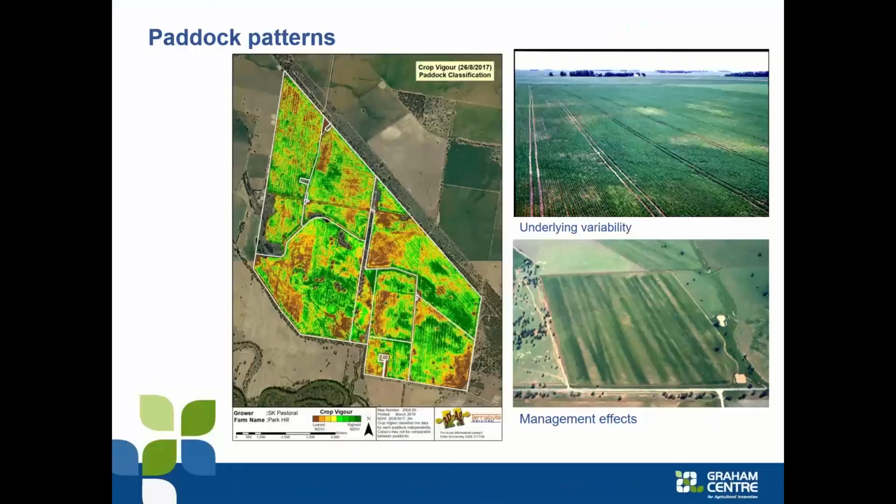When we think about patterns in paddocks, anyone who's walked through a crop, driven past a crop, flown over a paddock, paid any attention, will notice that there are patterns. There are patches, there are obviously good bits, obviously bad bits, and quite often have wondered, well, why are they there? Sometimes those patterns are just naturally occurring. It's the underlying variability of something in the landscape, but there are also plenty of other instances where the patterns are very much man-made or induced or management effects. And so how we identify those different types of patterns and causes and investigate them is really quite different.